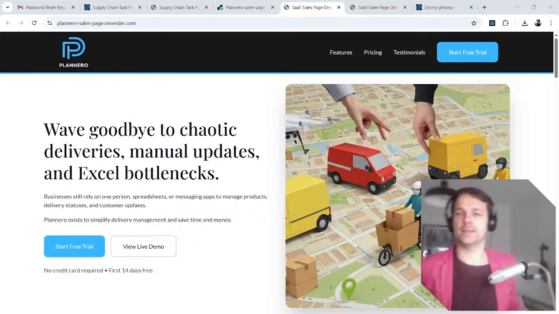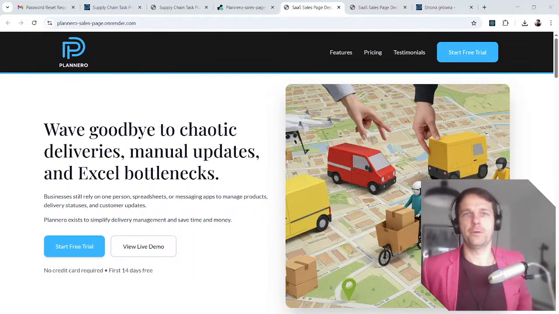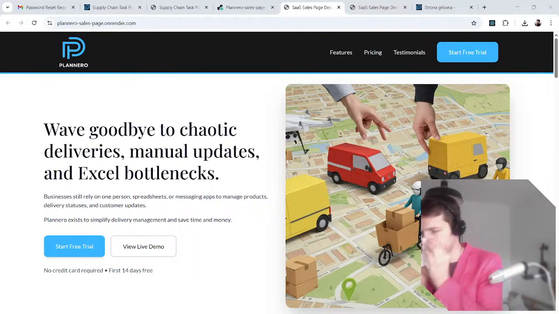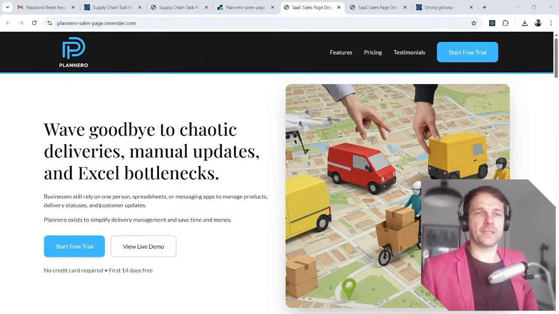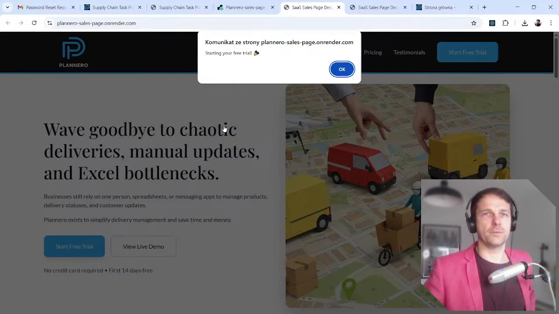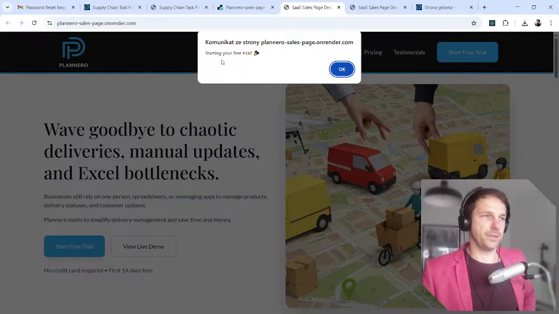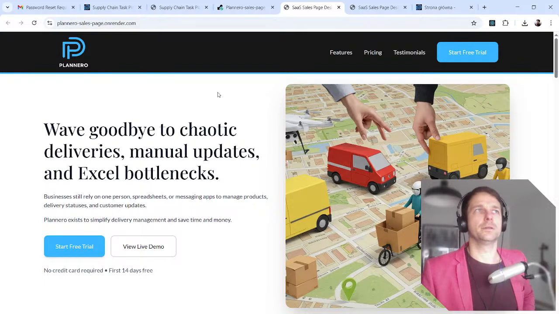Okay, so the sales page is up for now, but how to make it sell? Probably I have to fix a couple of problems here. When you click here, it shouldn't be an alert, because this is not what people will buy.